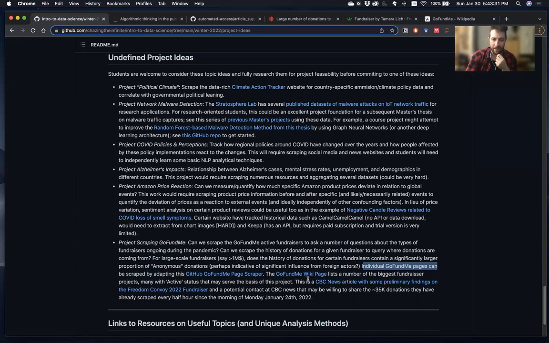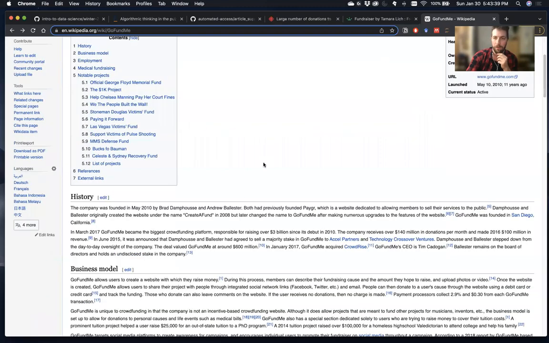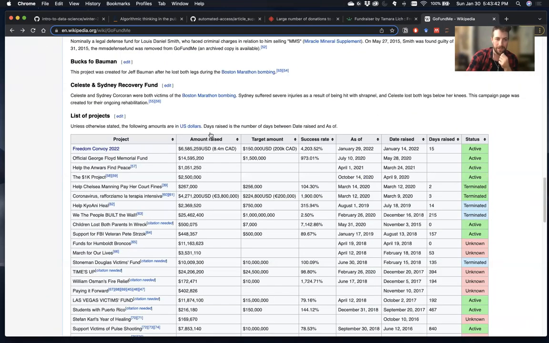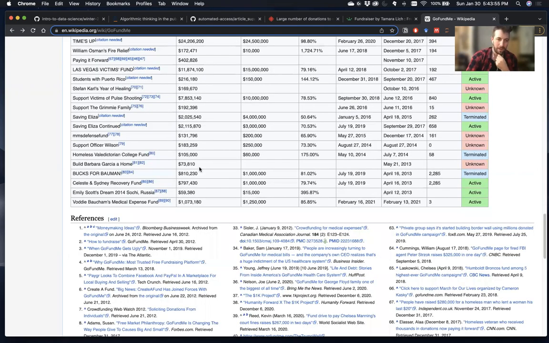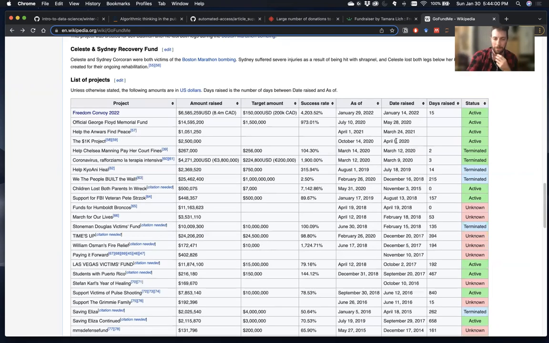Another exciting thing is the GoFundMe wiki page actually lists a number of the biggest fundraiser projects with an active status. To give you a sense for what that is, if you go to GoFundMe's wiki page, you can see that there's a number of different projects going on. Some of these might be more interesting to us than others, being Canadians in and around Ottawa. Some of them are active, and so on. These are all relatively large, so we can get a good sense for a number of active fundraisers at a time. So the idea here is, if we could scrape those histories, do some of these have a significantly larger proportion of anonymous donors than others, and if they do, what might we extrapolate from that